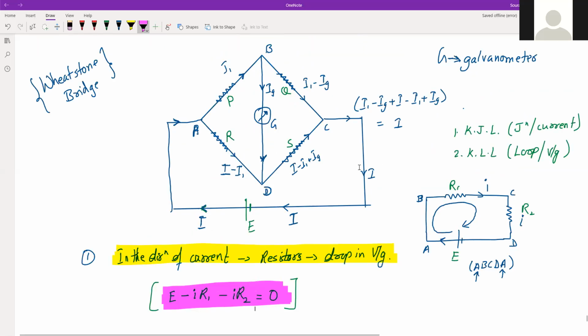We have different loops. What all loops do you have? You have a loop, this one. This is a loop. Then this is a loop. So there are two loops. And you also have another loop here. And this is actually two loops. One starts taking the upper path, that is ABC, or you take the path ABC to complete this outer loop. So there are multiple loops.